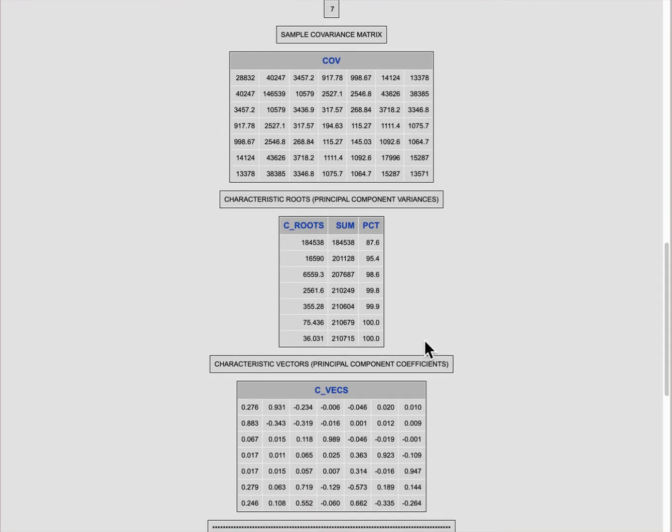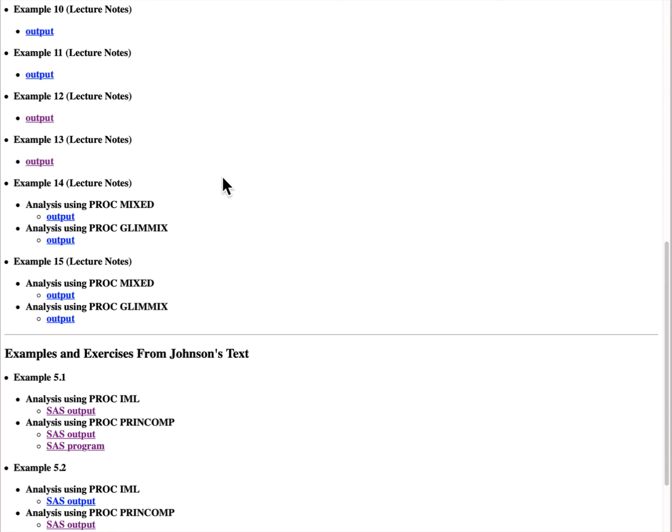So in this analysis, I am analyzing the original variables, not the standardized variables. So we're not going to look at that any further. But you could use proc IML to do this, by calculating the correlation matrix and then doing the calculations contained